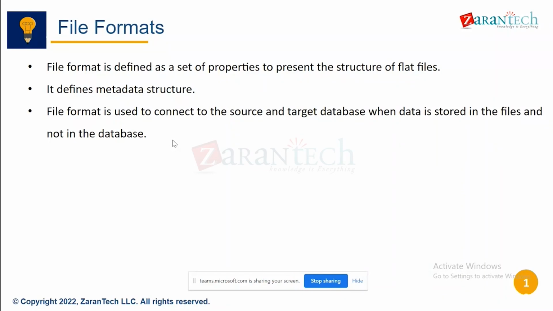Now back to our file formats concept. In file formats, we can either create a new file format or edit an existing one. We can change the existing format, whatever it has, .txt, .csv or anything. We can do many manipulations with the files. And there is one important concept in file formats: we can access Excel data and load it